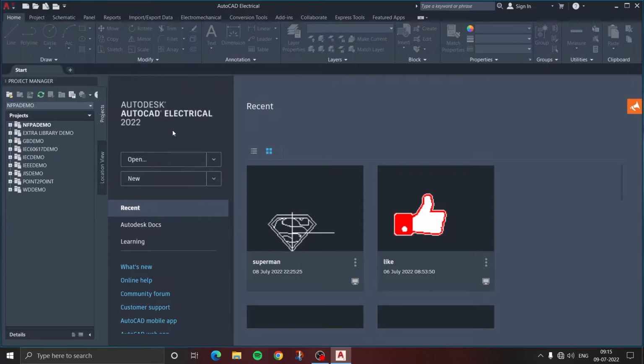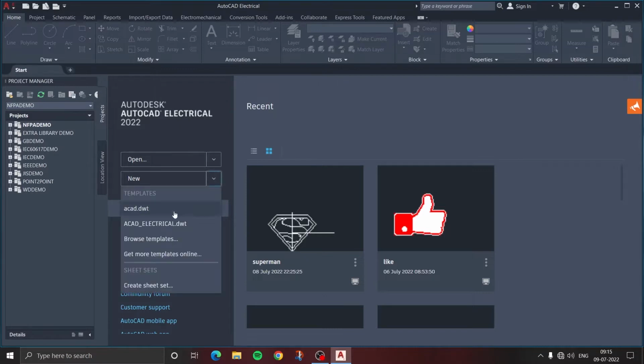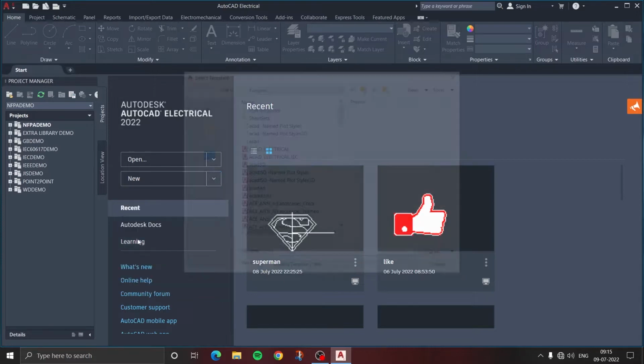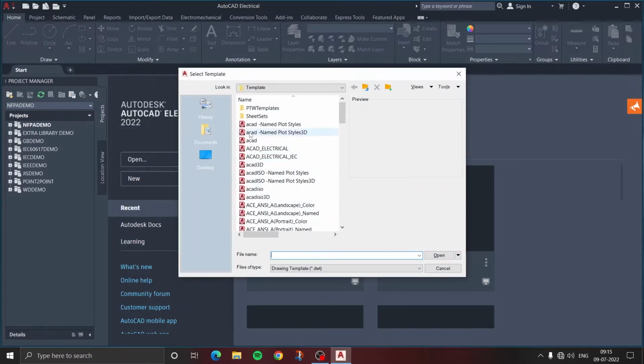Otherwise, another option is also available here. By clicking on the drop-down button, you can see different types of templates are available. So before we start a new drawing, you have to choose a template. For more templates, you have to click on Browse Templates. There are different types of templates available for 2D drawings, for 3D drawings, for